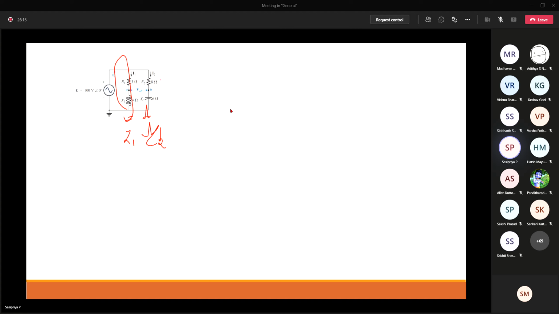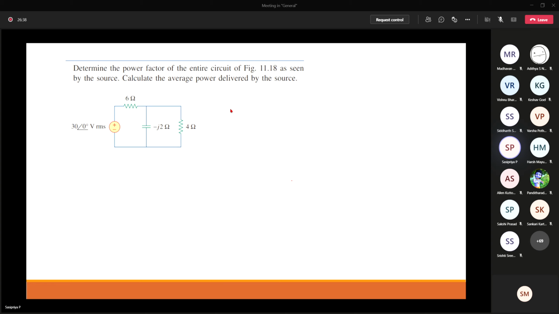So here the question is, you can ask me, ma'am, what is it that I'm supposed to calculate? You have to calculate these blue color ones. What is the total current and what is VAB? What is VAB? VA minus VB. What is VA? VA is nothing but the voltage across the inductor. And what is VB? The voltage across the capacitor. So you can calculate this.